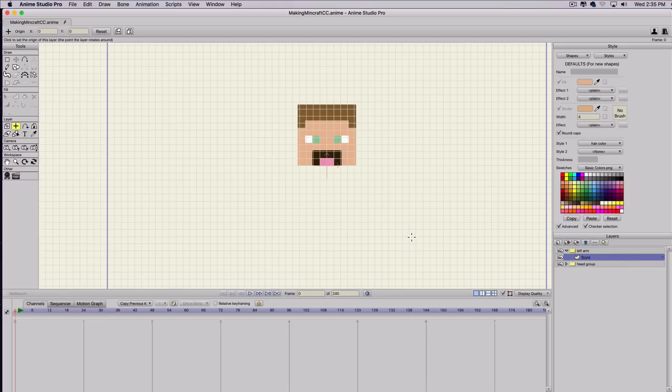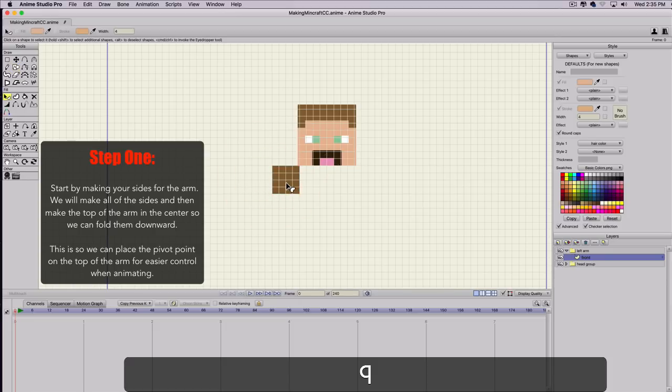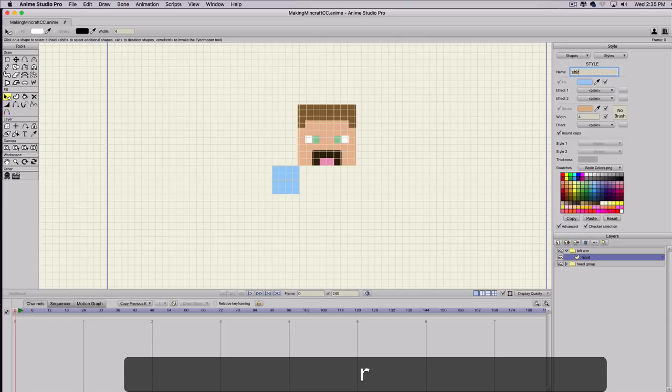So for the front, we'll go ahead and hit S for create shape, and we'll start with a square, and we'll just start at the corner and the base of the head with 4 pixels, or 4 squares I should say, out and 4 down. I'm going to hit Q, and select the color, and it's on the hair color because that's the last thing we did. Go ahead and turn that off, and then we'll select the light blue or whatever color you want the shirt to be, and go to Styles, New, and call it Shirt Color,